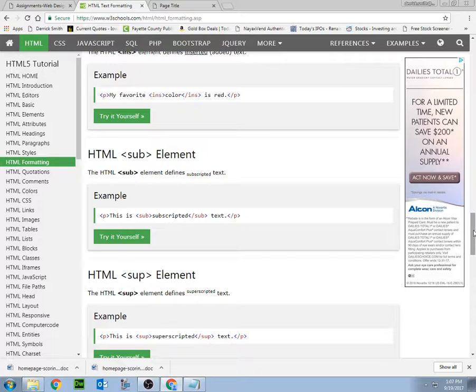Yes, sir. Whenever I try to save my changes, it says I can't because it's saved in something else, but